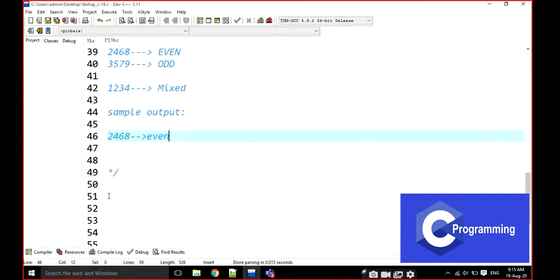I am assuming that this number contains all digits that are even numbers, and I am going to trace each digit here. The same thing here also. Is this number an odd number or not? Yes, this is an odd number. I am assuming that all the digits in the number are odd. I am going to start working on this. It's very easy.